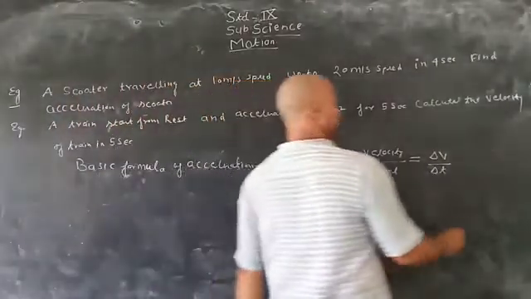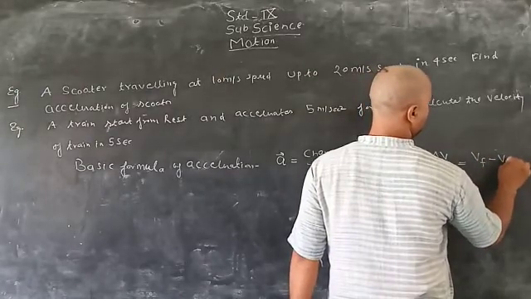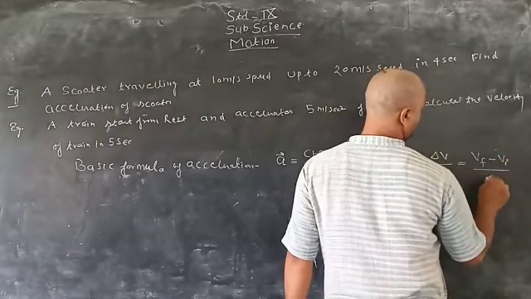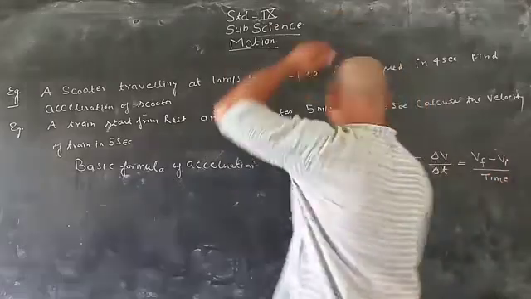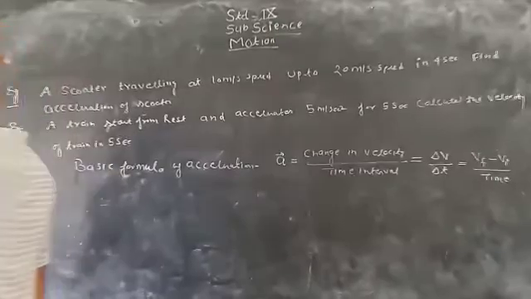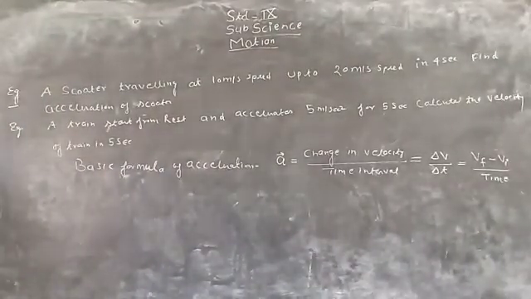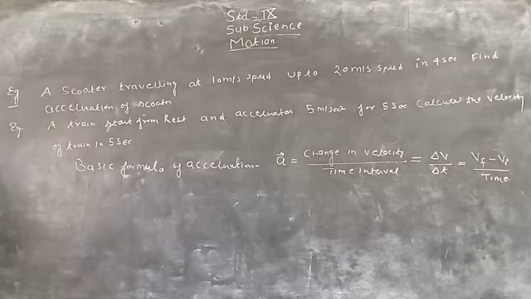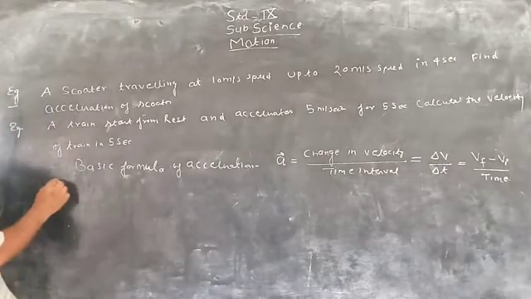Or we can elaborate this: acceleration is final velocity minus initial velocity upon time taken. These are the basic formulas related to acceleration. Simply we use the basic formula of acceleration and solve the questions. The first question is that